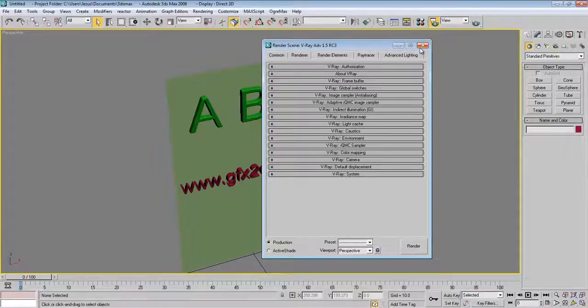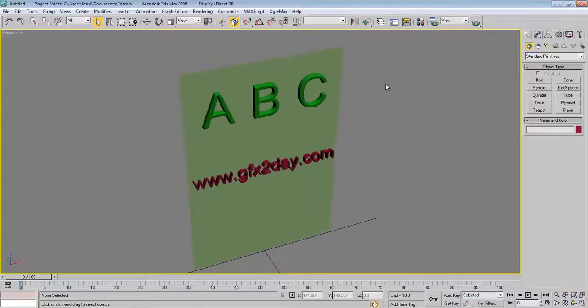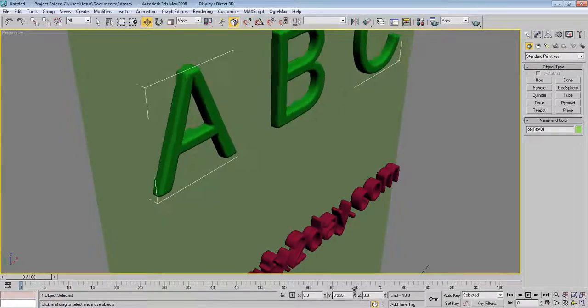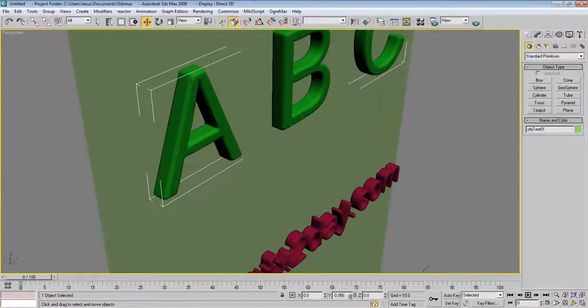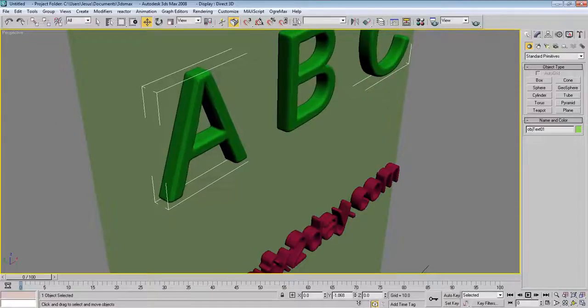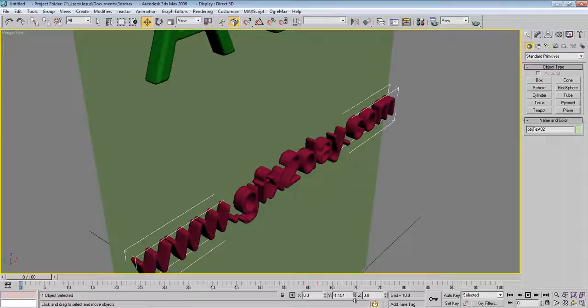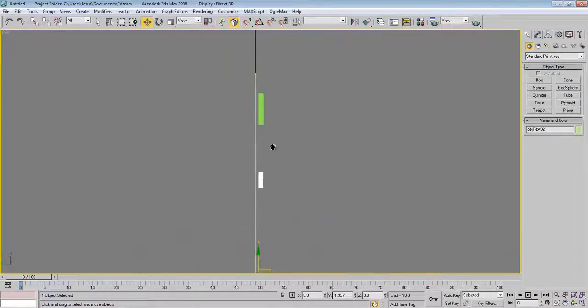So now select those, maybe only this one, move it just a little bit like this. Same thing here, go to the left view. Okay,